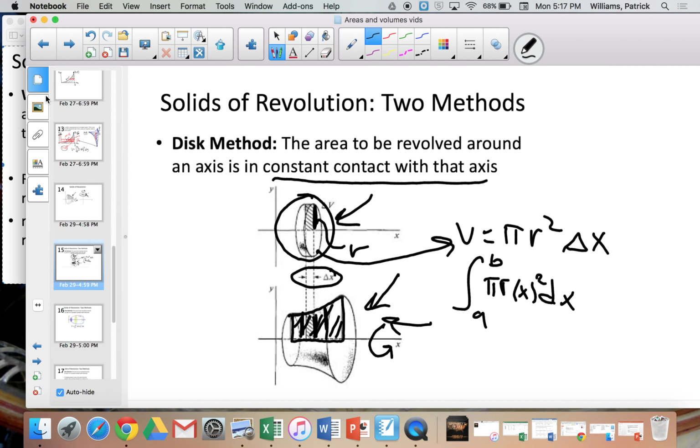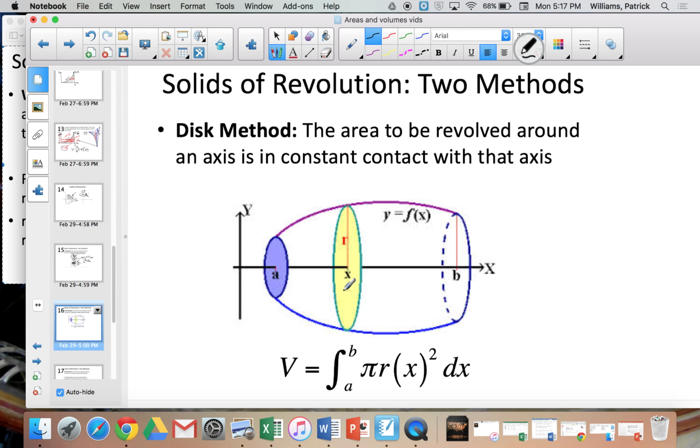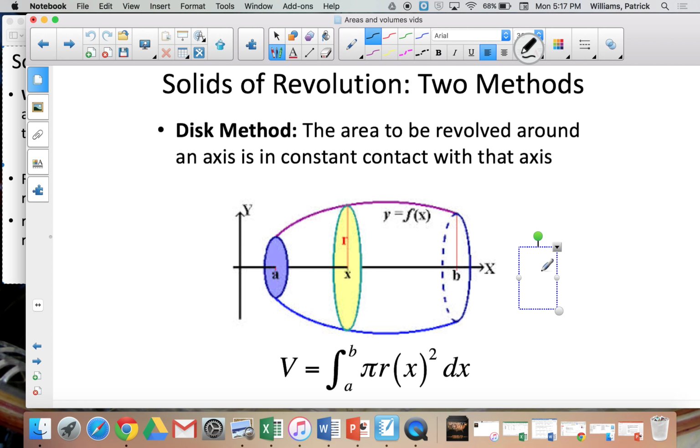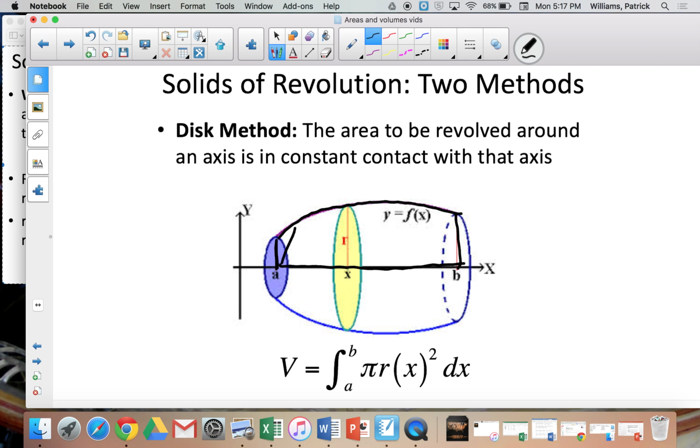So if we go through here to look again, this is what I was talking about before. Now in this case, it looks like between A and B, I have a region which is bounded by this black line, which I am drawing right here. I'll try not to go over the yellow. But the radius of that black line for any cross-section, this yellow cross-section, happens to be, if I chop this thing perpendicular to the x-axis with a machete at this point x right here,